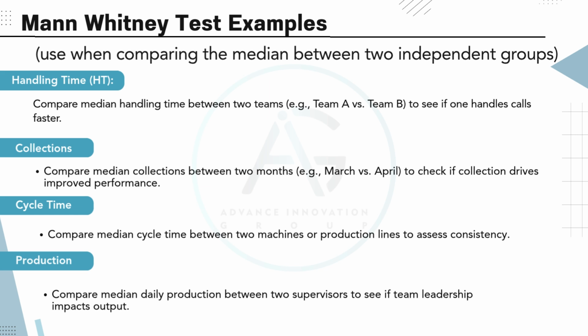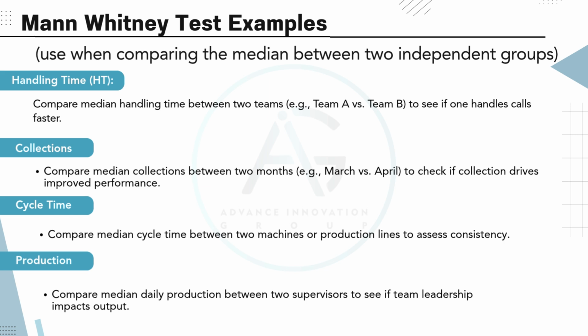Production. Here, we might evaluate the impact of different supervisors on daily production. By comparing the median daily output under Supervisor A and Supervisor B, we can assess if leadership has a statistically significant effect. All these examples share a common theme. We're comparing the medians of two independent groups, and the Mann-Whitney test is ideal when data doesn't meet the assumptions